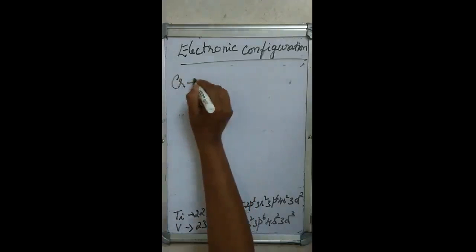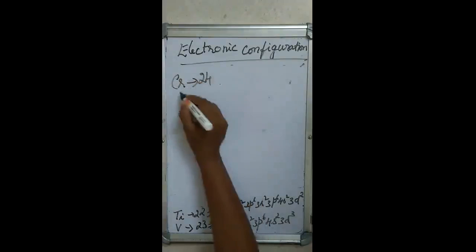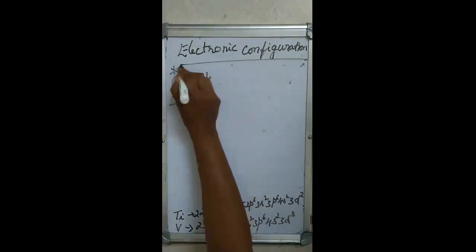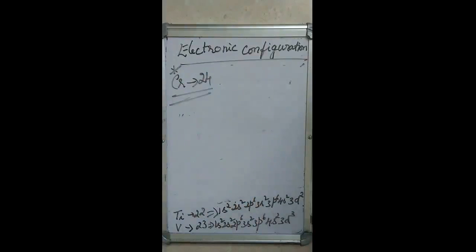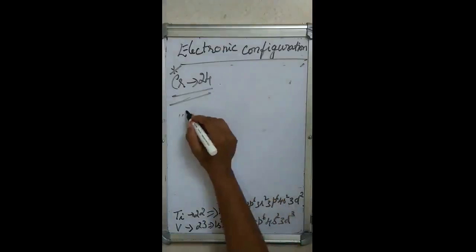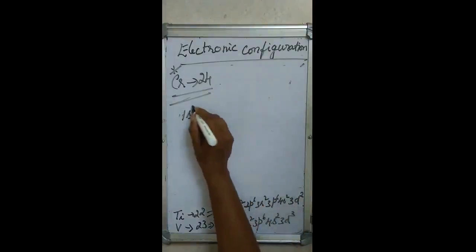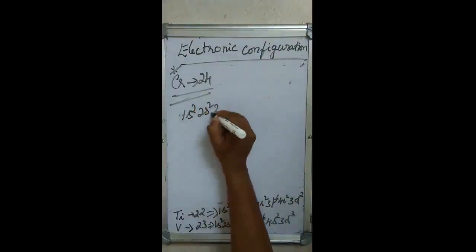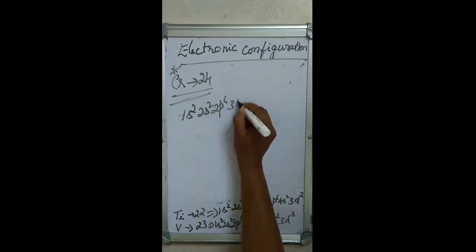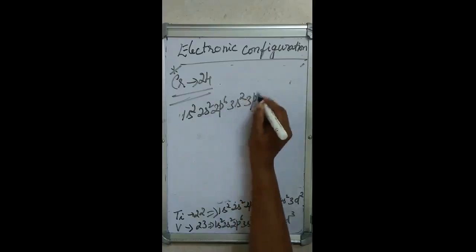Chromium, atomic number 24. This is a very important electronic configuration. Usually a question will be asked based on chromium. So usually how we are going to write: 1s2, 2s2, 2p6, 3s2, 3p6,